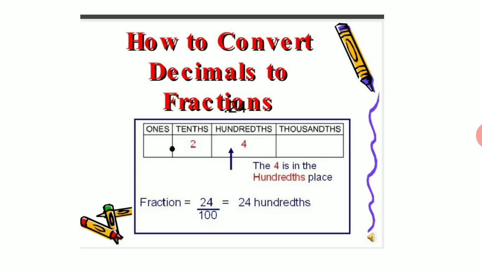Suppose we are taking a two-digit number 0.24. Here, children, you need to remember a very important fact that we will not read it as 24, whereas each figure will be read out separately. Like we say it 0.24. Here we see, children, 2 is in the tenths place of the decimal place value chart and 4 is in the hundredths place. So when we convert it into a fraction, we write it as 24 by 100 and we read it out as 24 hundredths.